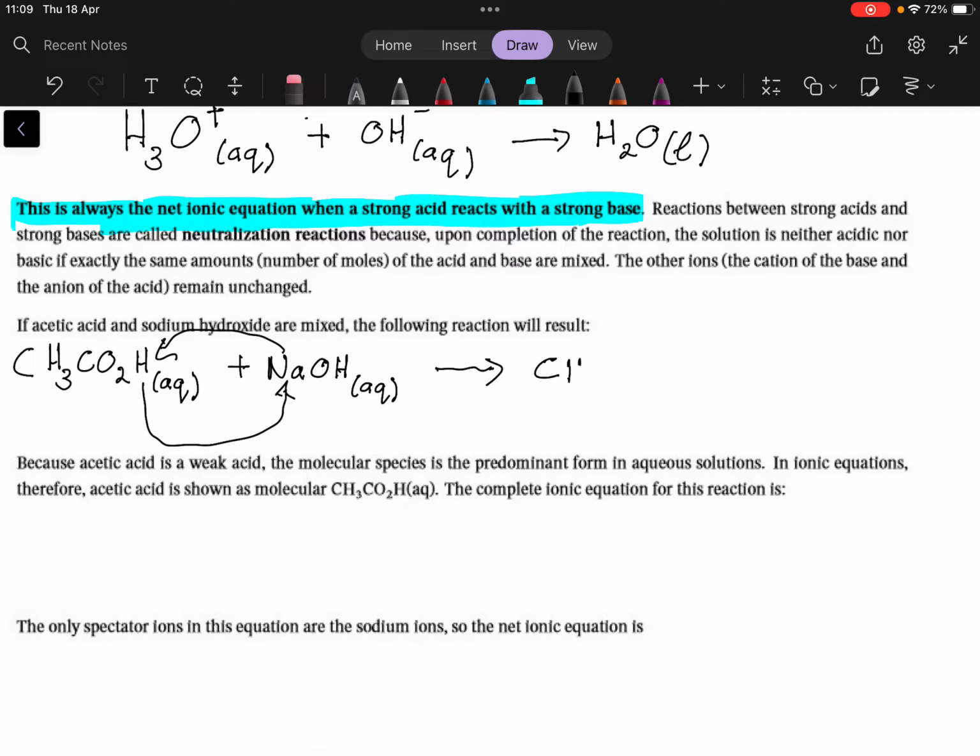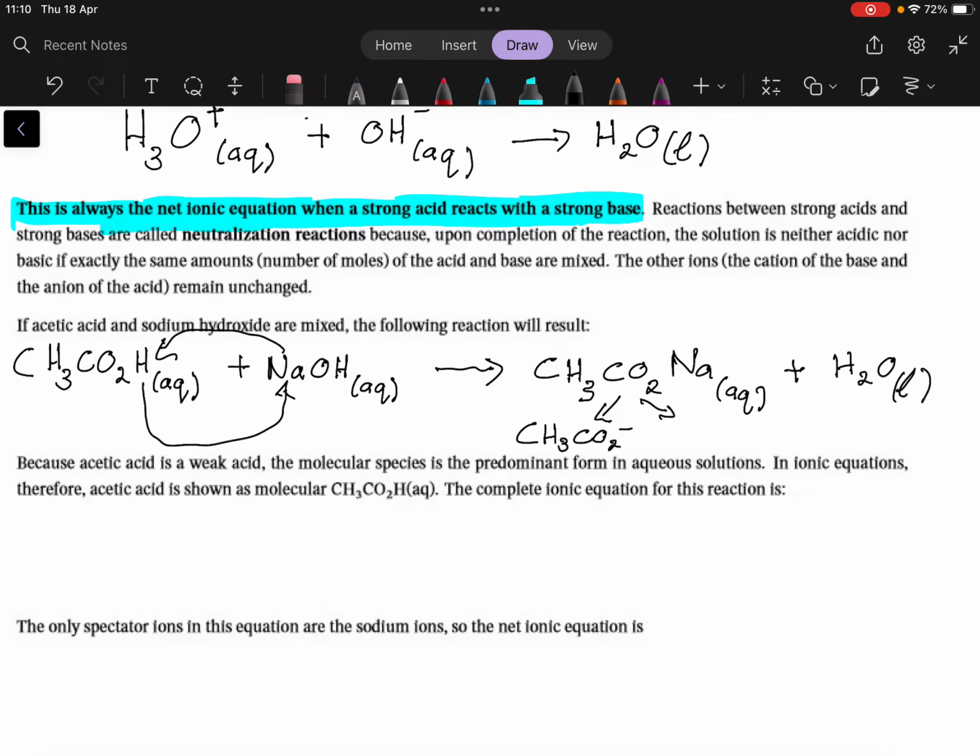Now we get CH3CO2Na, dissolved, plus HOH, which is H2O, a liquid. You should be able to recognize that anything containing sodium is normally dissolvable in water. So we can split this, or it can dissolve in water. I don't think "dissolvable" is a word. So we can split this up into